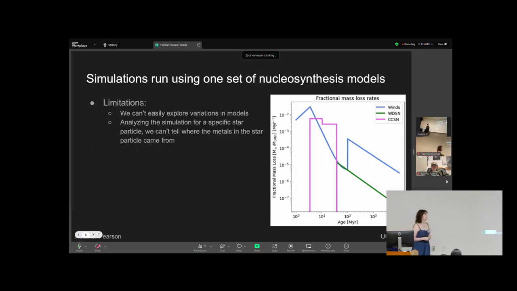Generally, when you run a simulation, you have to choose one set of these fractional mass loss rates, and this has a couple of limitations. First of all, there's a lot of uncertainties in some of these models, and we can't easily explore those without rerunning a simulation, which is very computationally expensive. And we also can't tell for a given star in a simulation what proportion of the metals come from each channel. But